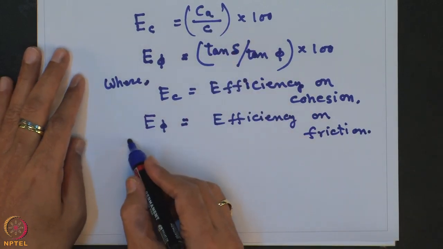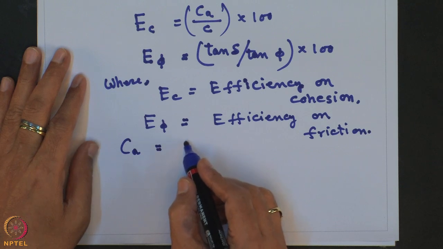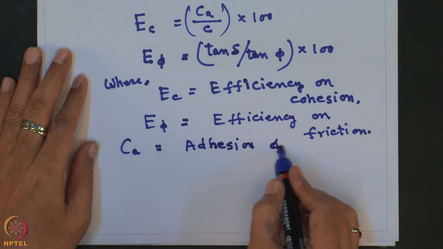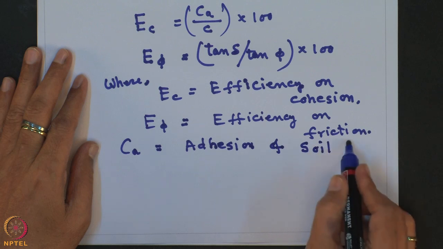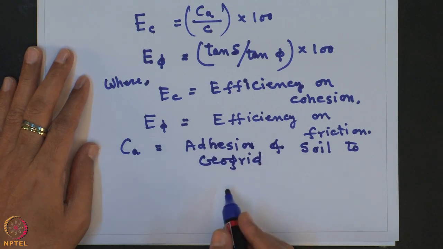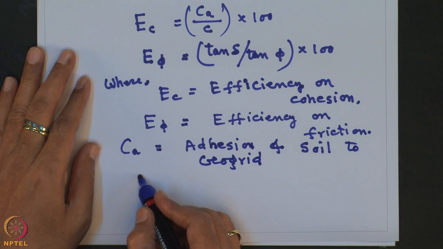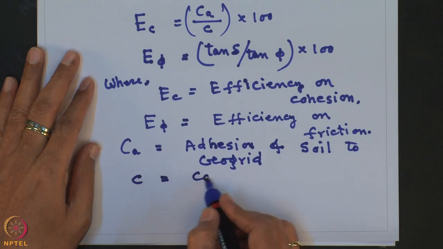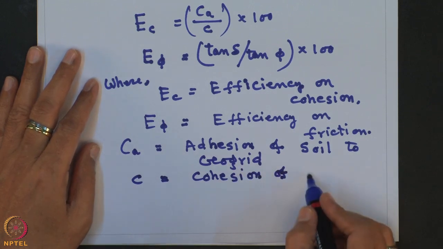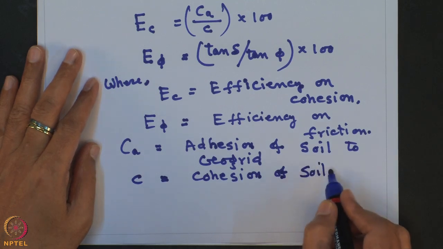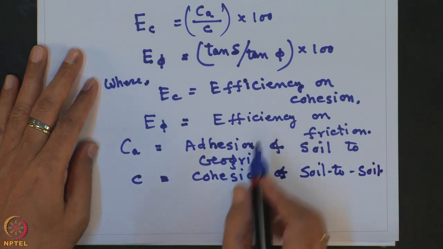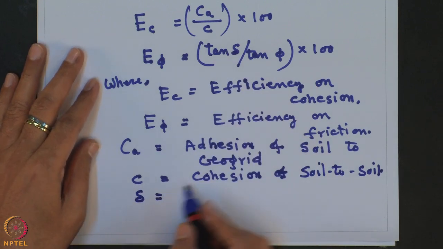C_A is adhesion of soil to geogrid material, and C is cohesion of soil to soil, and delta is the friction angle